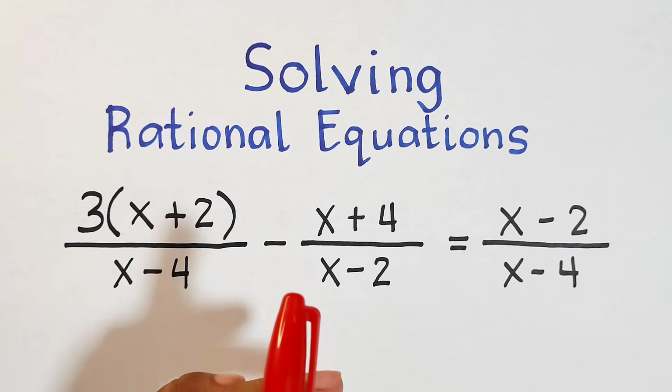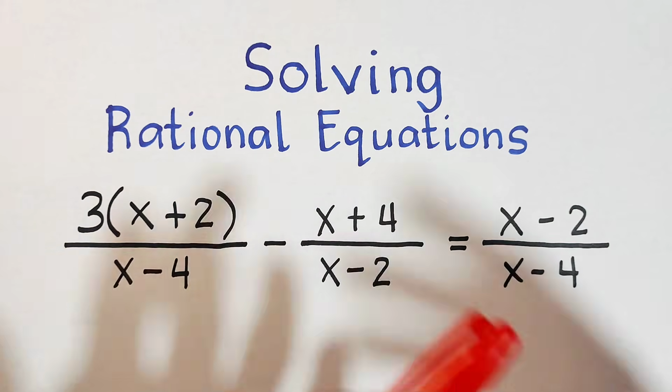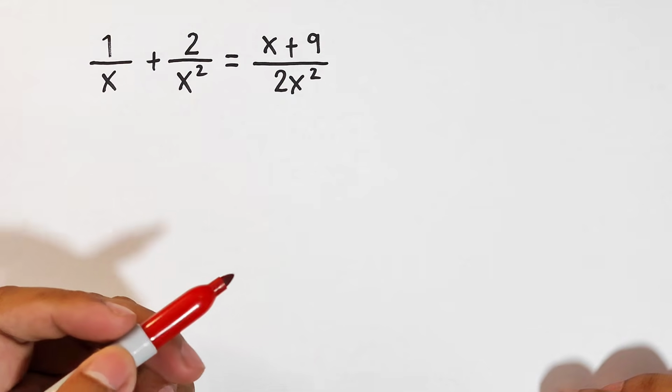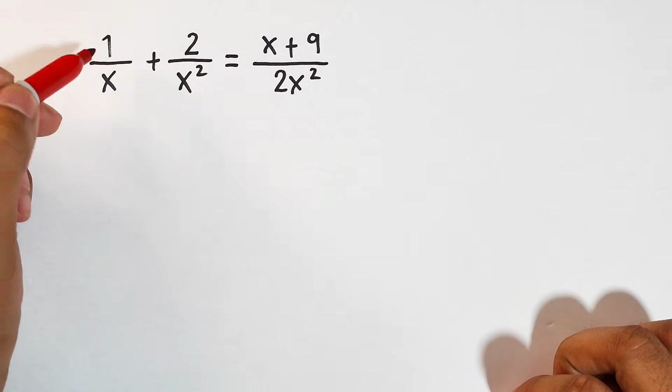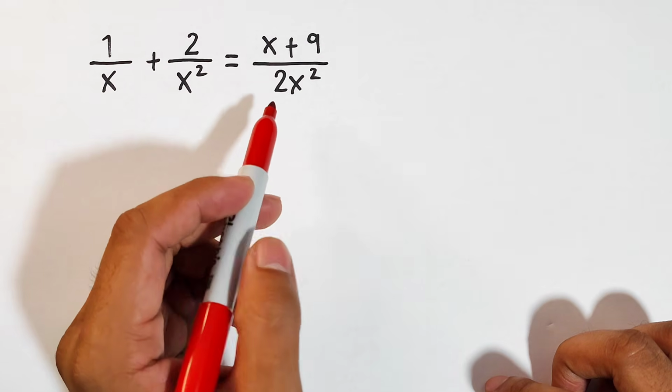In this video, we will talk about solving rational equations. So without further ado, let's do this topic. What we have here is the first example. We have the rational equation 1 over x plus 2 over x squared is equal to x plus 9 over